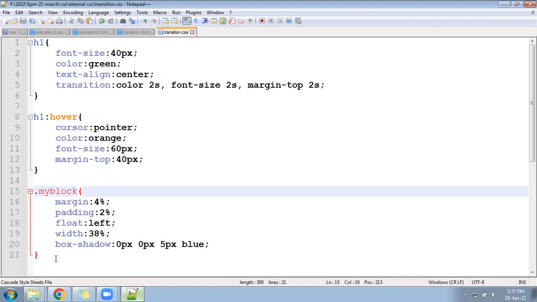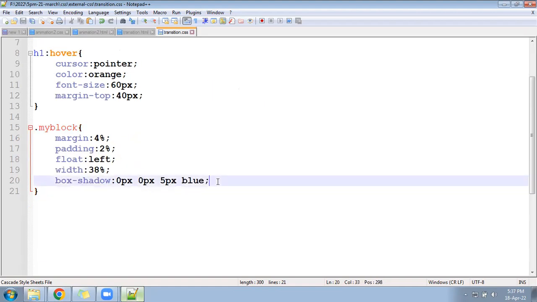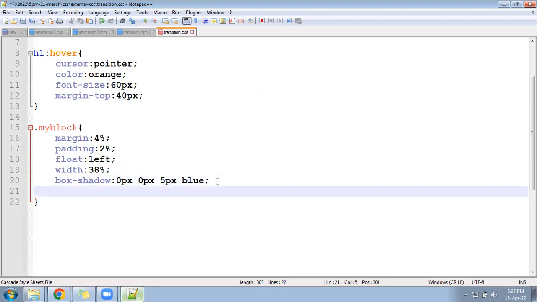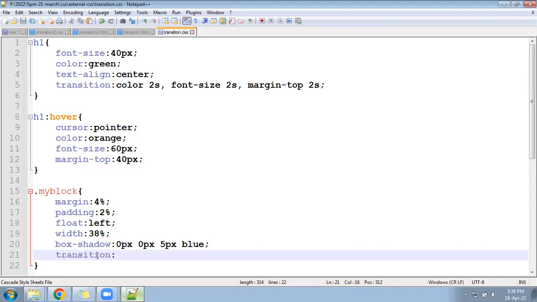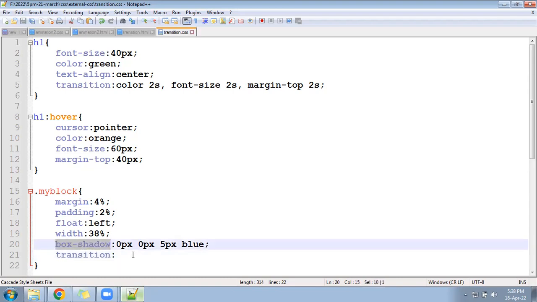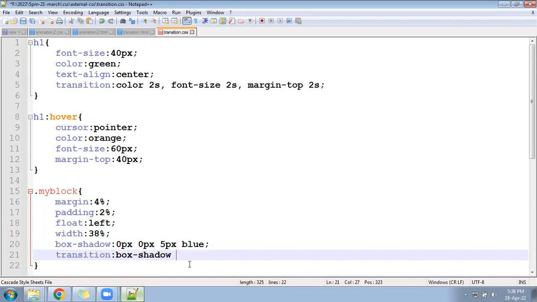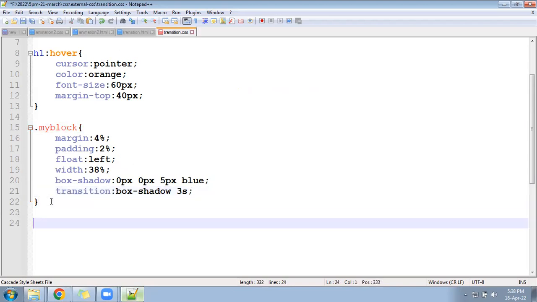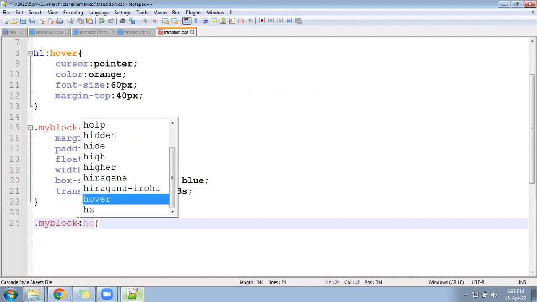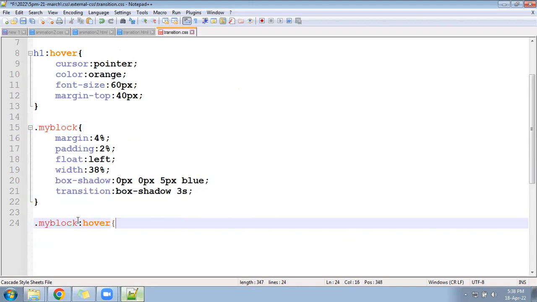Okay, ready. Let's come down. Write some box shadow in that. We can use the transition property here. In the transition property, the box shadow should take 3 seconds to change. Now what will change in that? Come down and go to this place. Cursor, we use hover. Once we do hover,